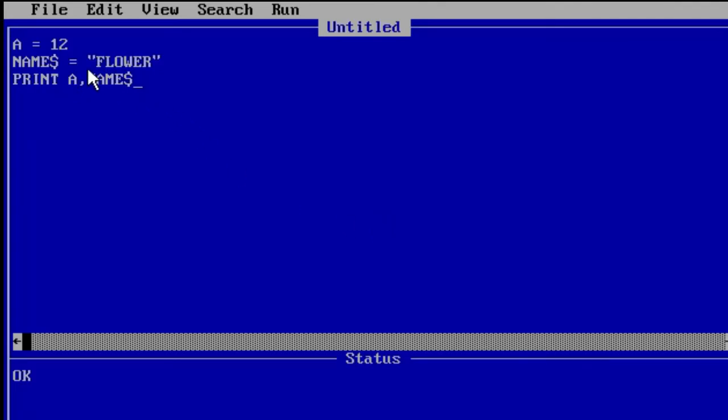So you can print both values on one line, or you can use two print statements to print both values. You can use another print statement here and print this value on the output screen. One thing: at first we mentioned the let statement, but now it is omitted, so don't worry about it.